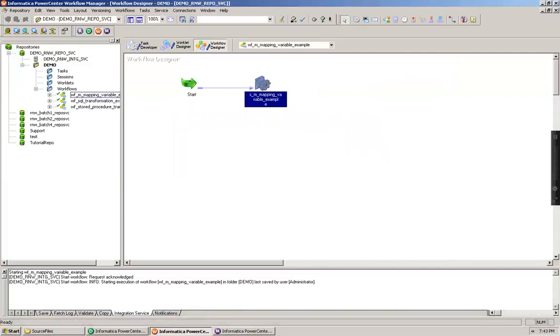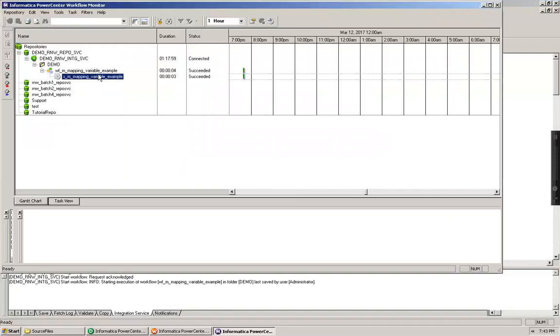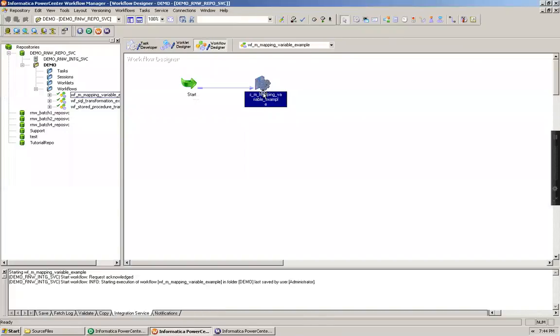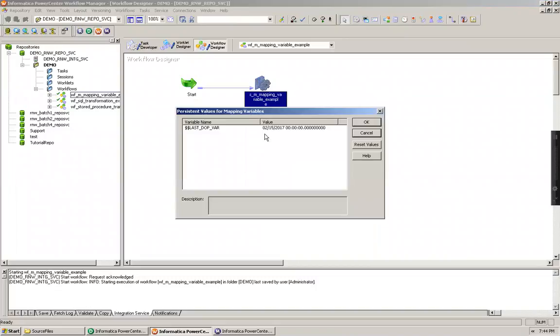Let me re-execute the same workflow. Okay, so now let me go back and see the data here. So if you can see, I got this 2016, 2017, 2018, but the 3000 record is not available. And based on the current data, it's going to have the variable value as 15.2. So I can go and cross check that as well. Come here and do a right click and see view persistent properties. So here you can see the value as 215.